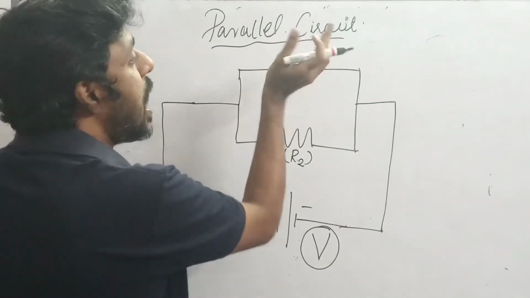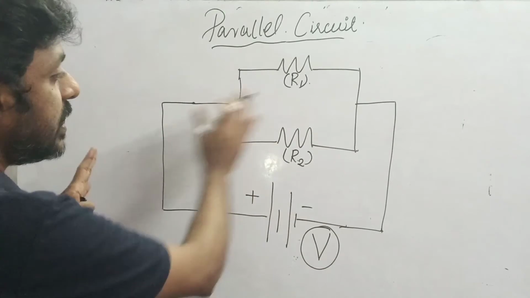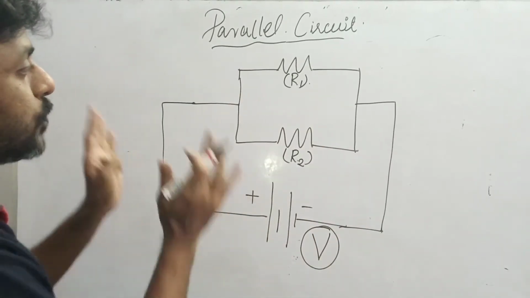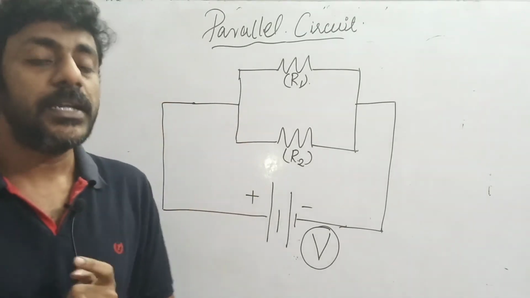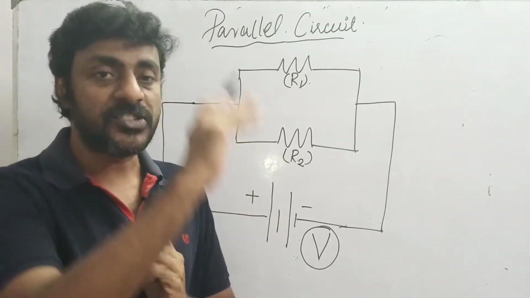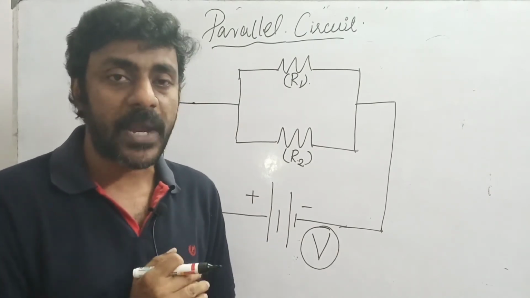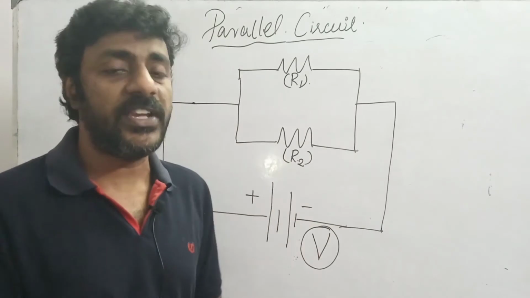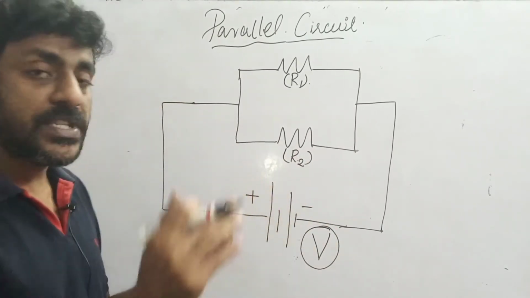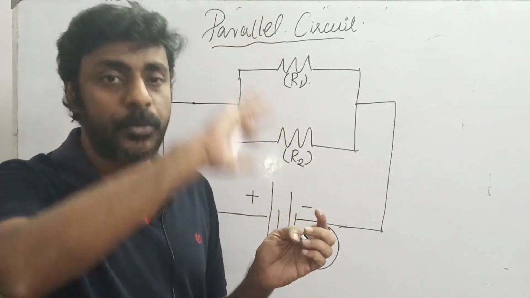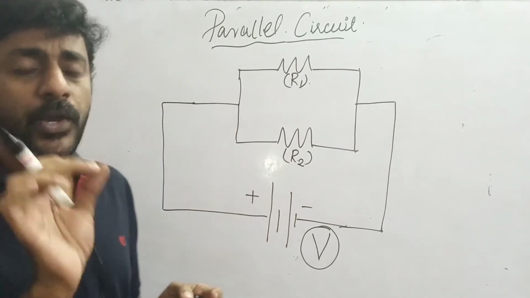We are now going to analyze what is going to happen inside a parallel circuit after connecting the battery. Again, in a series circuit what we saw is the current flowing from the positive terminal of the battery and ending in the negative terminal of the battery. The value of the current in the entire series circuit won't change. It will be constant. For example, if 2 ampere of current is flowing from the battery, the same 2 ampere will be flowing inside the battery also.